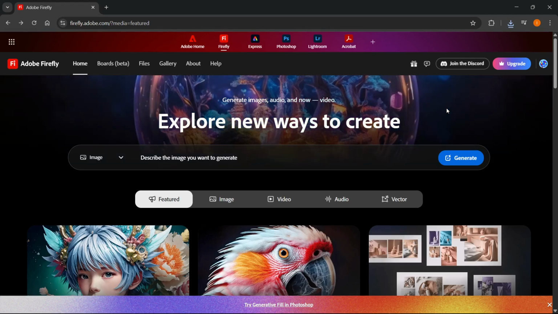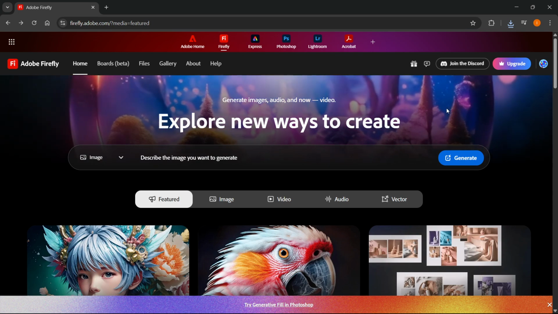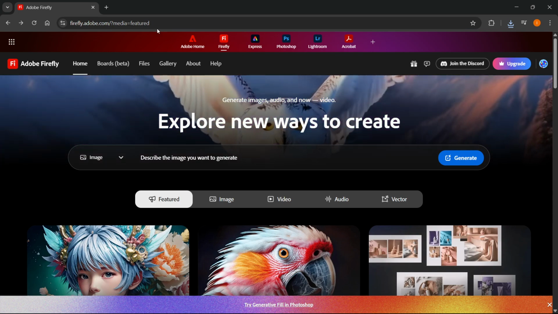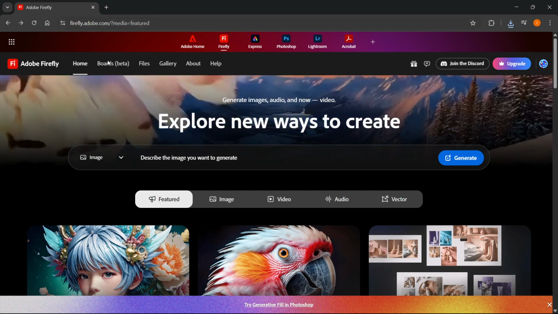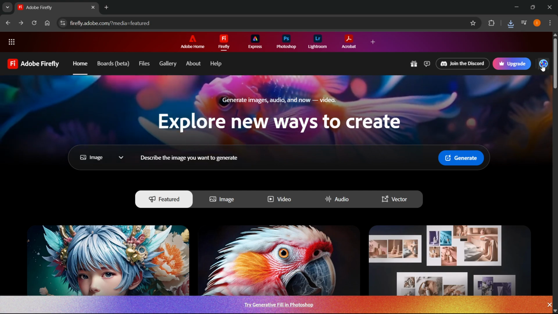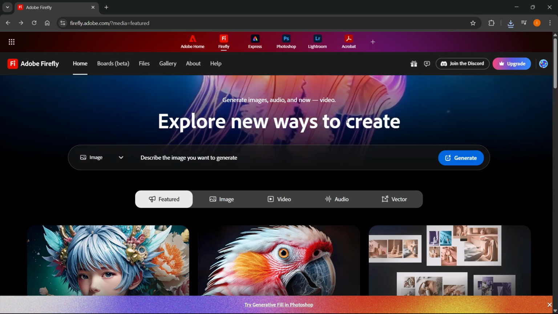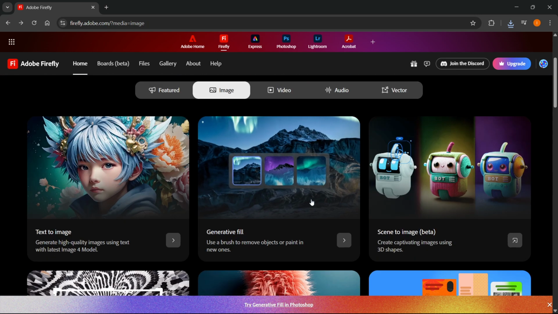In this video, I'm going to show you how to remove glasses from photo using AI. Now, the first thing you want to do is go to firefly.adobe.com because for this we're going to be using Adobe Firefly, and then you want to sign into your account or create one in case you don't have one yet. After you do this, click on Image down here and then select this one in the middle,